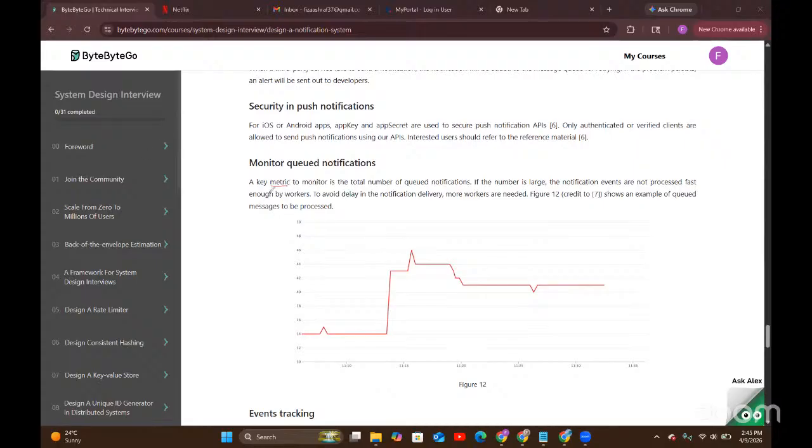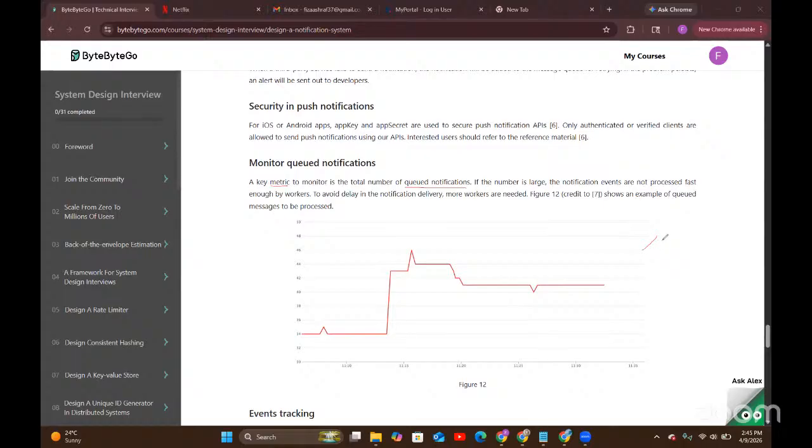So in our notification system, one probable key metric could be the total number of queued notifications we have in our messaging queues, so that we know how much load we have, right? Based on this key metric, we can add load balancers and add elastic load balancing or whatever. If there are a lot of queued notifications in your queues, then we will know that you have to scale your queues